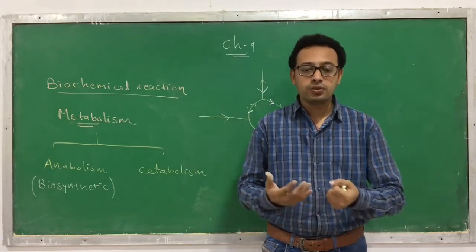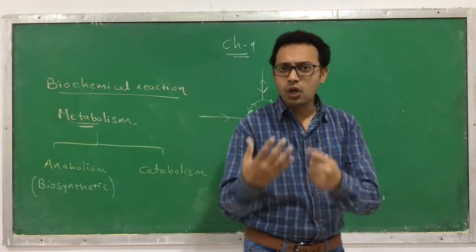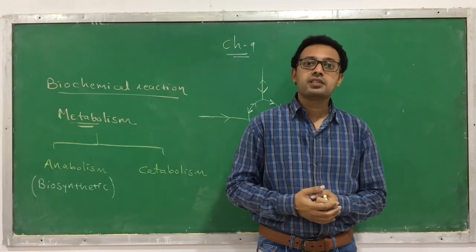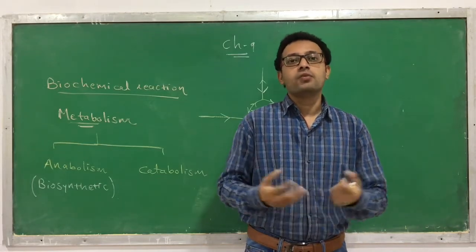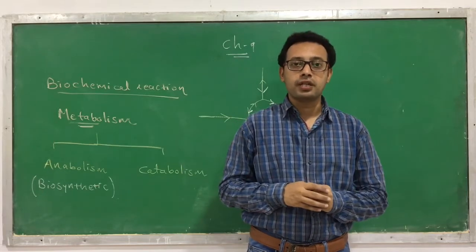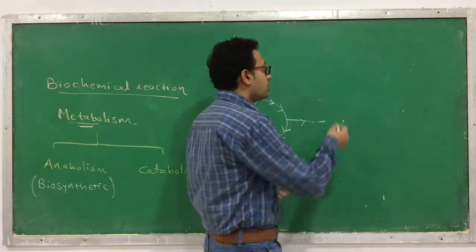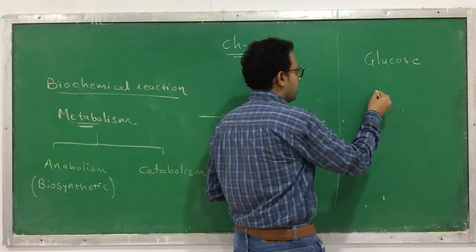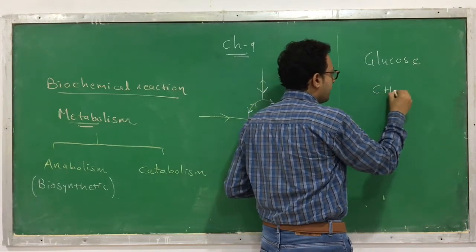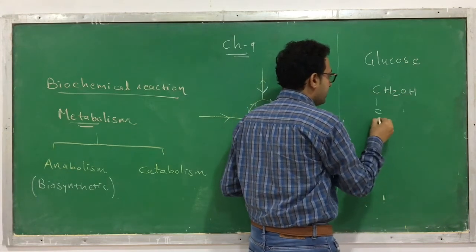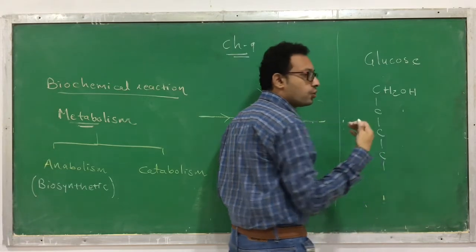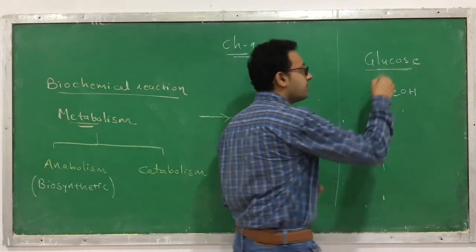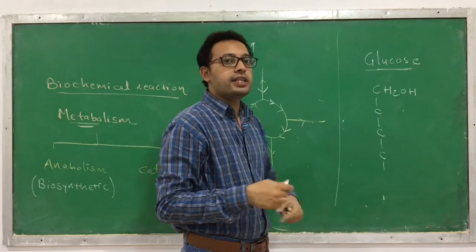Take an example of glucose. All of you know that glucose is necessary to do work, and it is required for energy. Suppose you are in need of energy, then what do you consume? You consume glucose. So how does glucose work? In the structure of glucose, I am just drawing the basic structure: CH2OH. It's a hexose. I will show you an easy technique to draw the glucose molecule. It is a hexose molecule, a monosaccharide which contains 6 carbons, so we call it hexose.